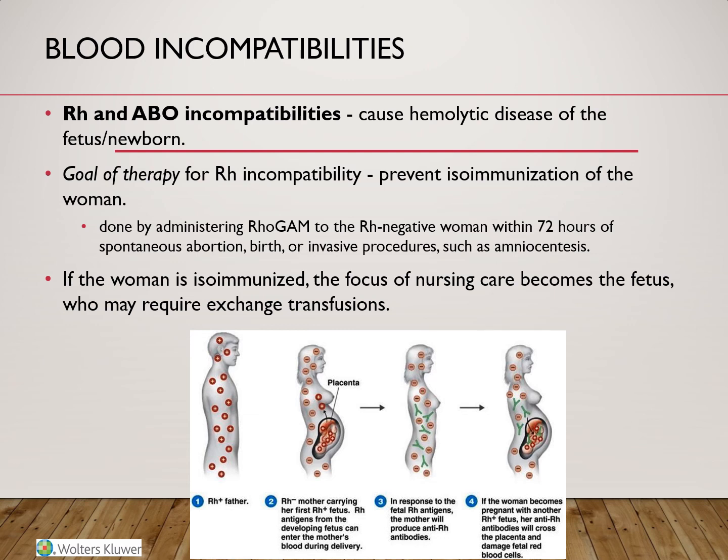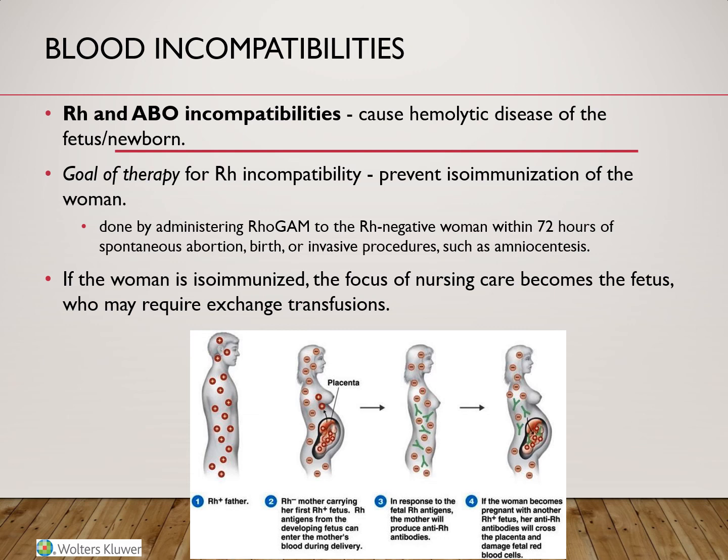The Rh, or the D factor, is an antigen or protein that is found on the surface of blood cells. When this factor is present on the cells, which happens in 85% of the population, that person is called Rh positive. And when the factor is lacking, the person is obviously negative.